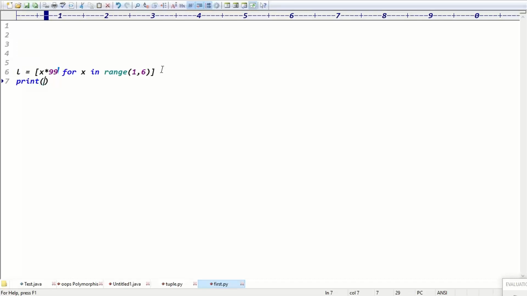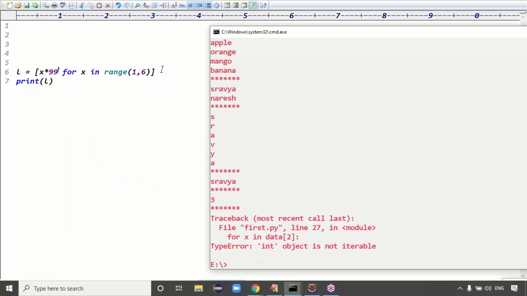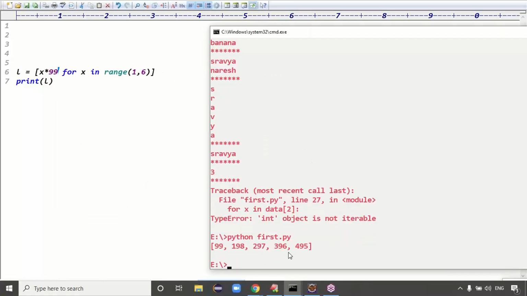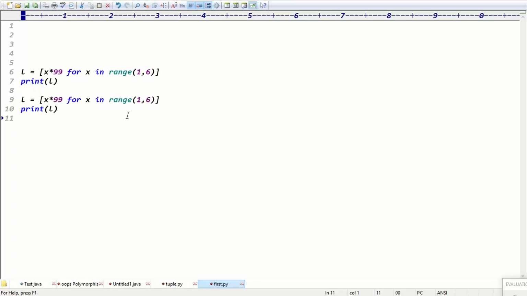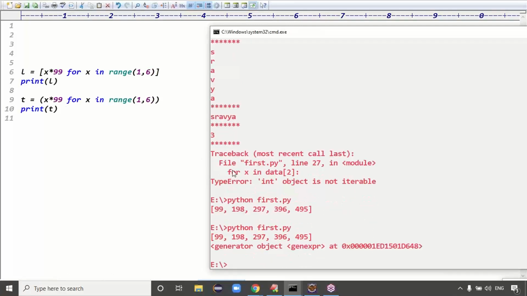You're trying to print the data like the L variable, guys. That's fine. Then run this code. We got the output, the 99th table up to 5, right? Exactly. But I need the same code in tuple format. If you need the same data in tuple format, I do a type conversion to tuple like this. If you use only parentheses, it won't take the data, guys.